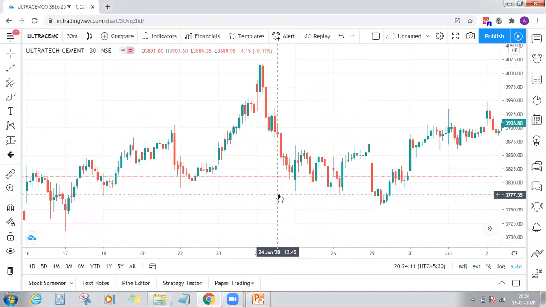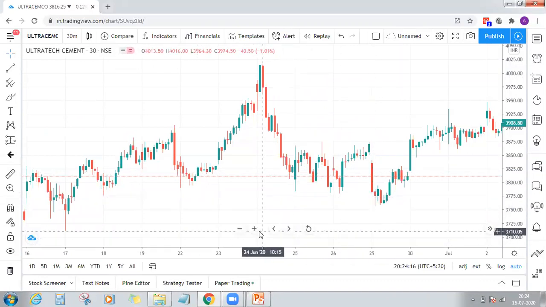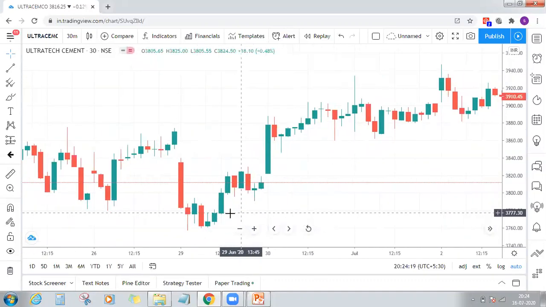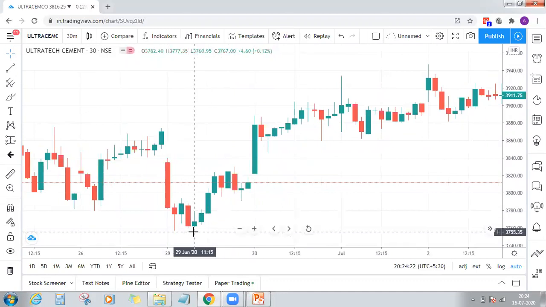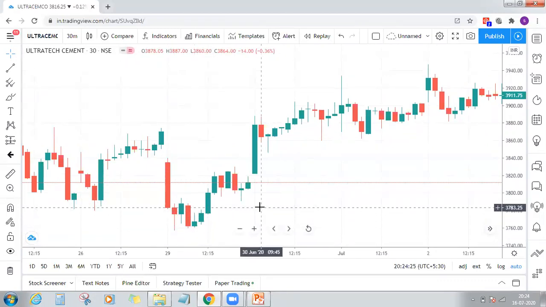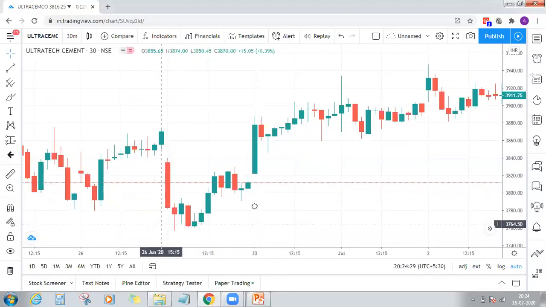Similarly, if there is bullishness, like here only, there were strong bulls sitting here. They did not let the price go below the low of this hammer pattern. So a hammer, even if it is red or green, is strong, and the low of it will be protected for some time.